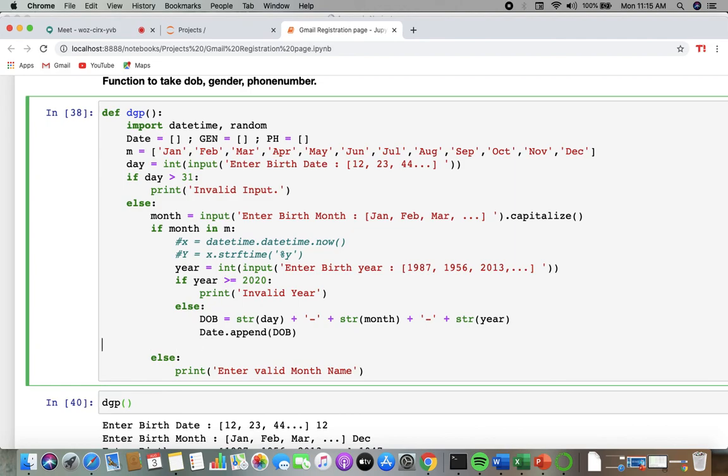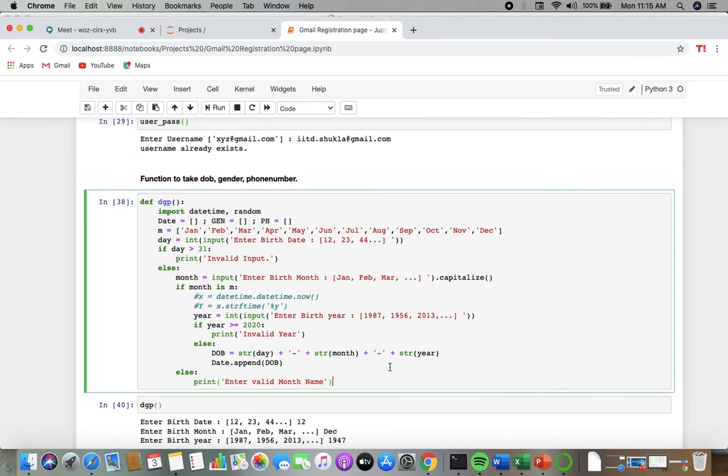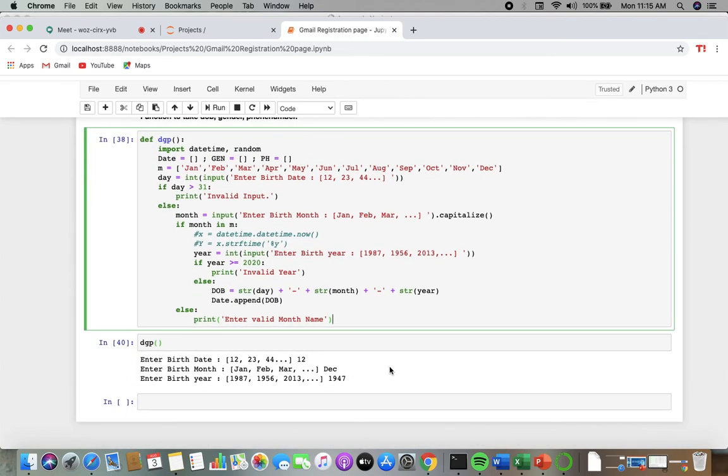Gender we haven't taken up. Okay, so this was just a program for date of birth, right? We can take it like that. Similarly, I'll be making that for the gender and the phone number. That you can also do, right? So your task would be